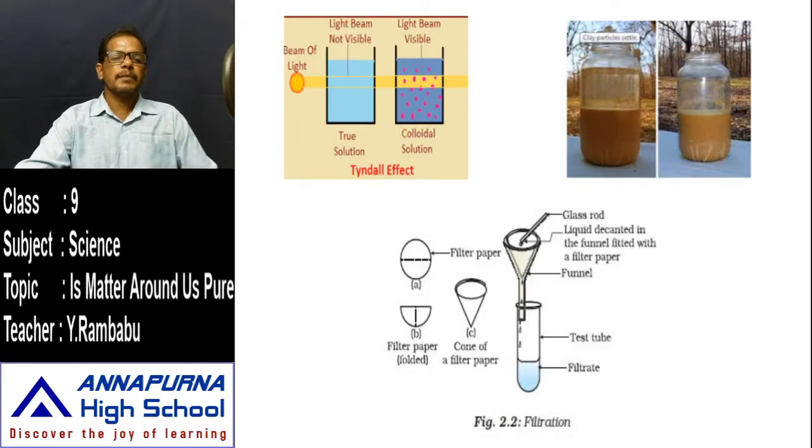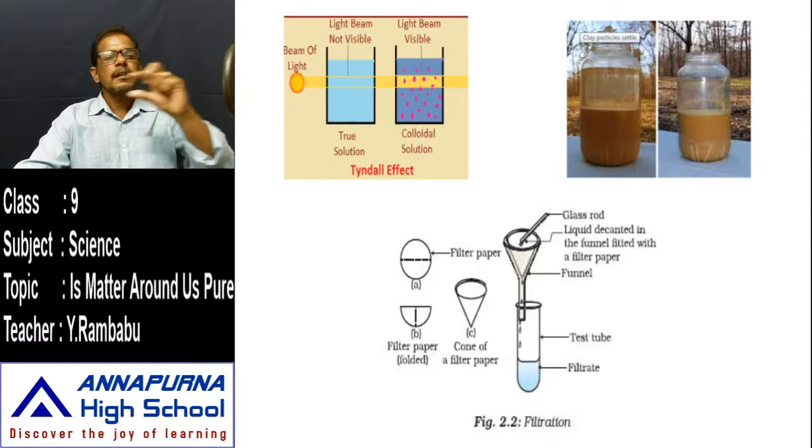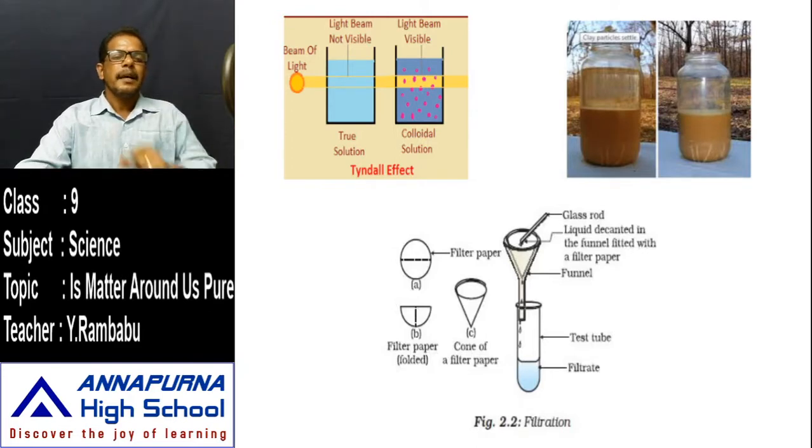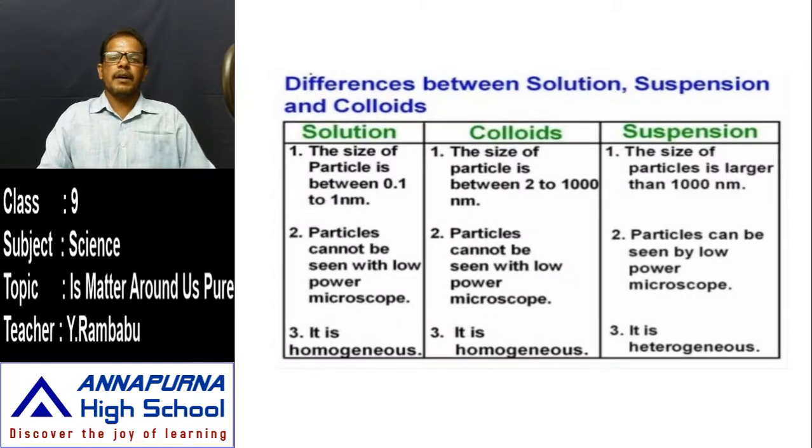And observe in the first diagram, the Tyndall effect. If we focus the beam of light through this copper sulfate solution, which is blue in color, the beam of light in the first case, that means the true solution, is not visible. Again, what is the beam of light? That is indicated with the lines. The border of that beam of light is indicated with the lines. Between those lines, do you observe the path of the light in yellow color? No. Why? Due to the small size of the particles. Like that, the size of the particles in it is very, very small.